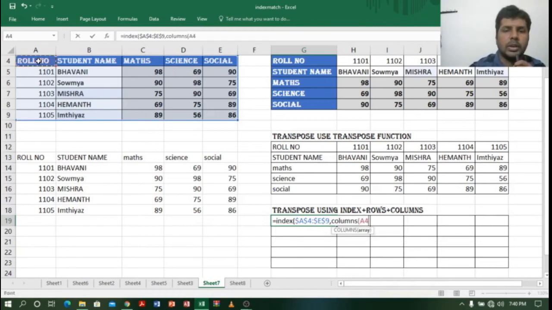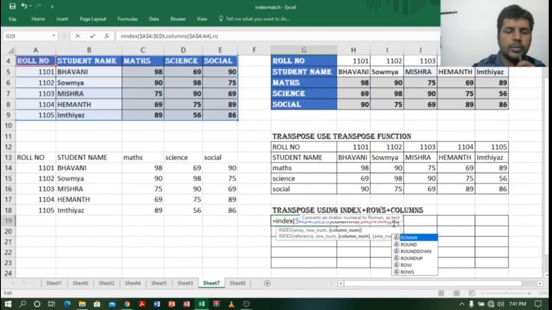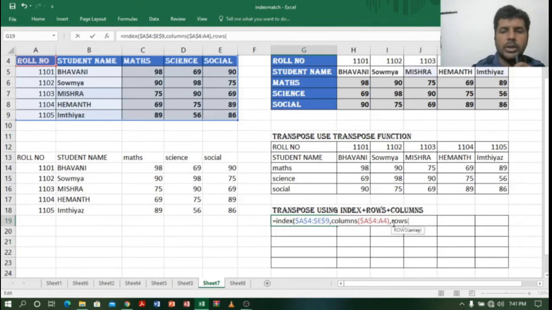So A4 colon A4, the first A4 I will make the absolute reference fix. Okay, the second will change. Okay, so same way, comma, rows. In the rows, again select the A4 colon A4, first one I will make fix with function F4, nice.